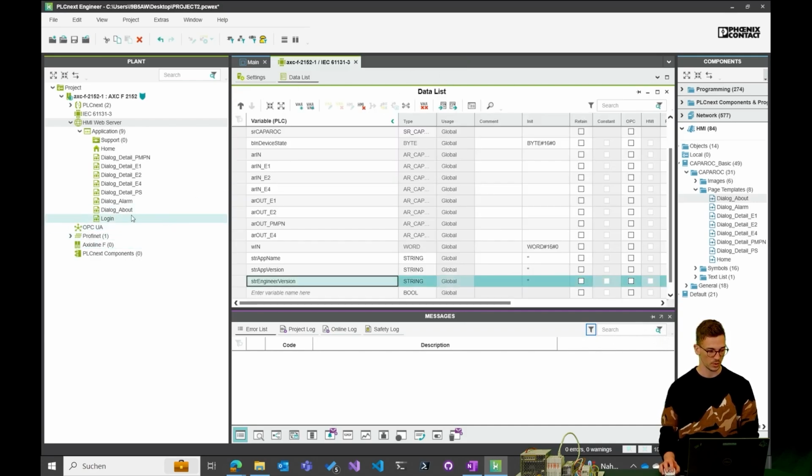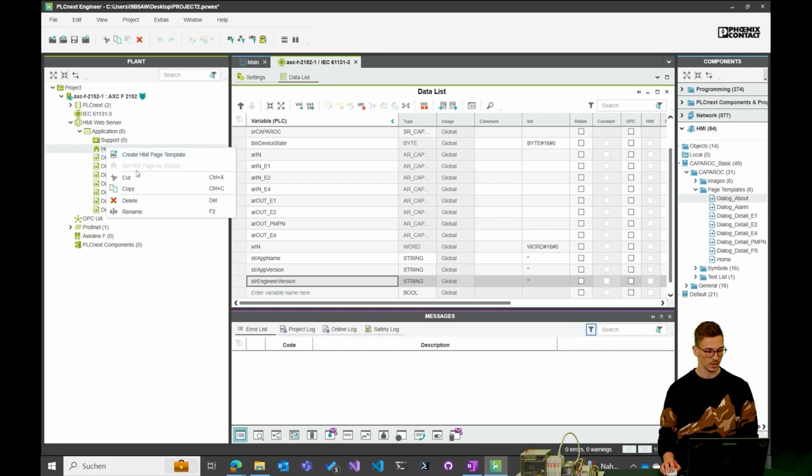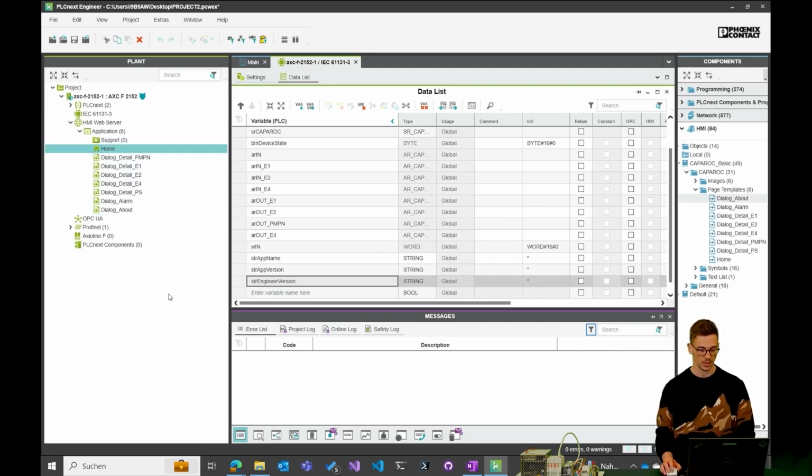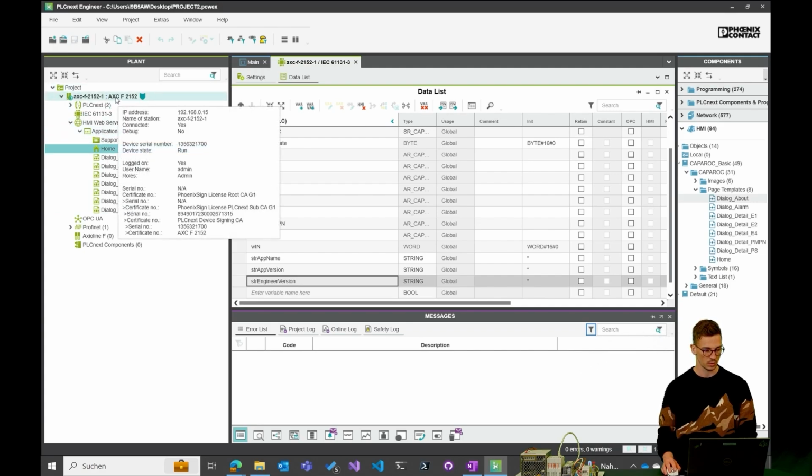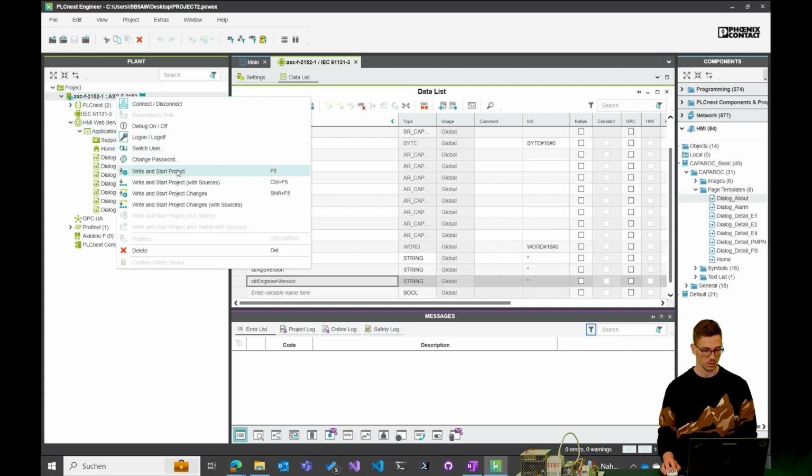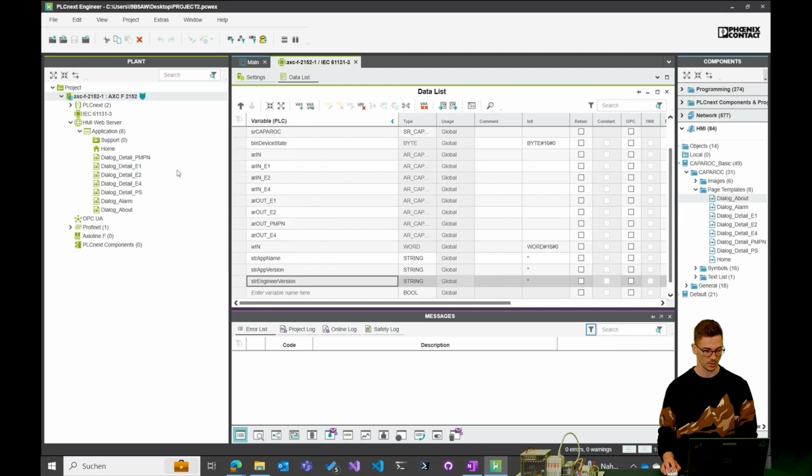So let's turn it off, and now we can delete the login page. You also need to select a startup page, which I did with the home page. And now we can download it to our project. I think we should be good with that.